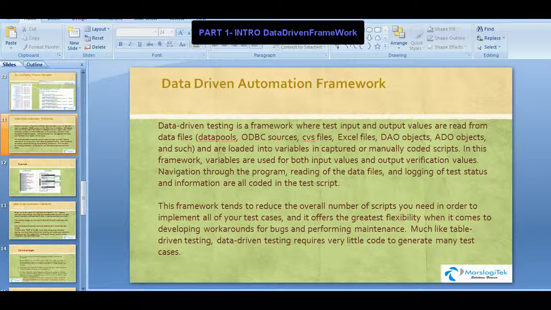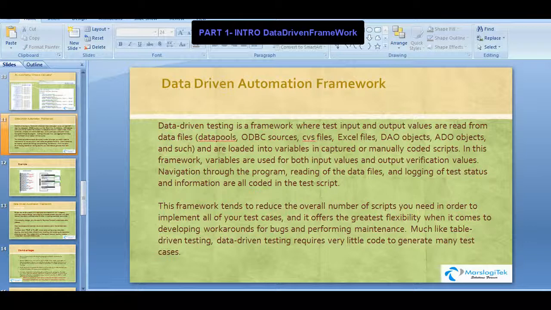What is a data-driven framework? Generally, we keep the data outside the script and store it in Excel files or whatever, and load it whenever required through our automation scripts and make use of it. So basically, we're trying to separate the code and the data, keeping data in a separate file, and the scripts stored in separate, reusable components.